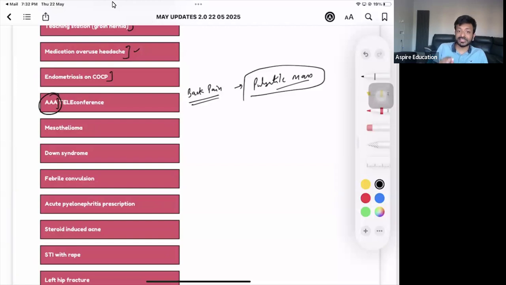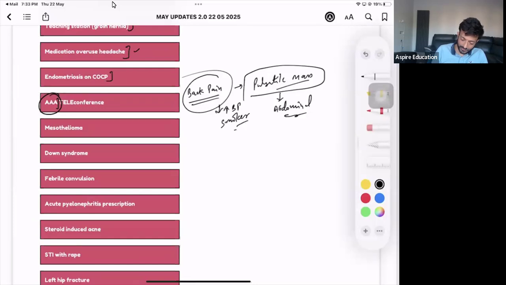So what I'm trying to say is, later on in the examination, when you say, I would like to examine you, I would like to do a general physical examination, vitals, and the patient has got back pain, so I will do the back examination, I would like you to mention abdominal examination as well. Because when you say abdominal examination, only then will your examiner give you the finding that they have got this pulsatile mass, right? And usually you will see this patient has got high blood pressure as well, and he's a smoker as well. So don't miss these points. Abdominal examination.